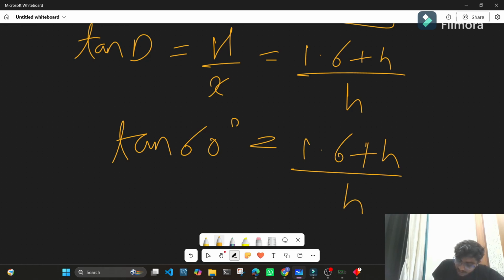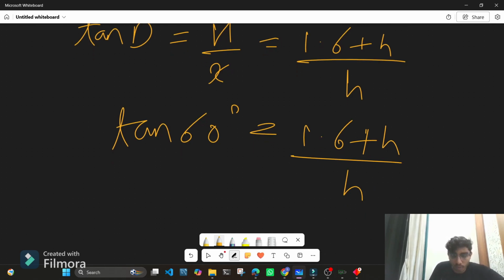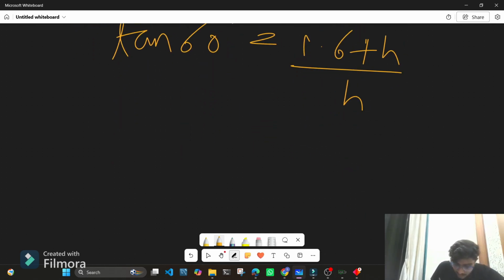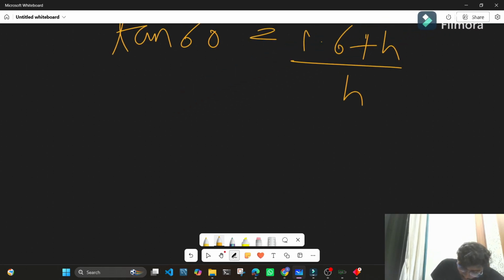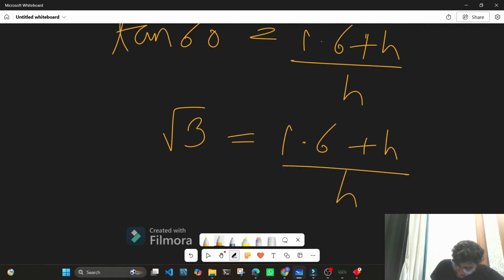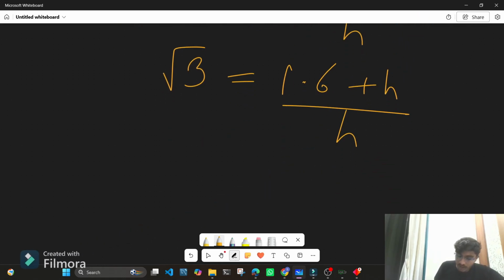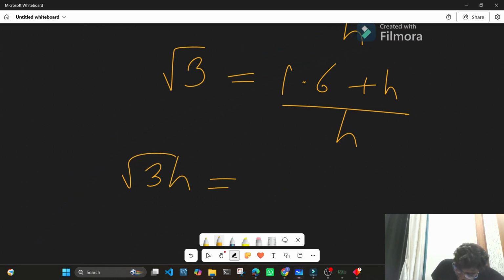You cannot cancel h and h over here because the h in the numerator is in addition with 1.6, so you cannot directly cancel them out. Now we know that the value of tan 60 degrees is root 3. So I'll replace it with root 3 and write it as (1.6 plus h) upon h. Now, if I transfer h from the right hand side to the left hand side, I get root 3 h is equal to